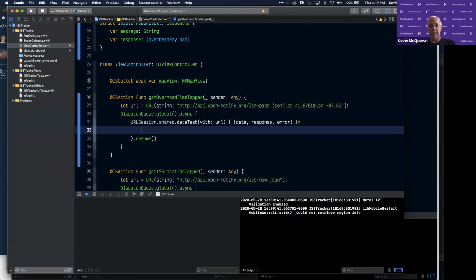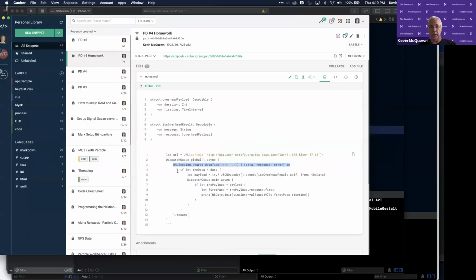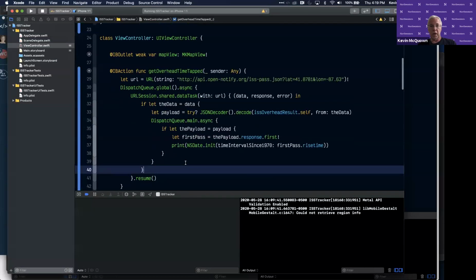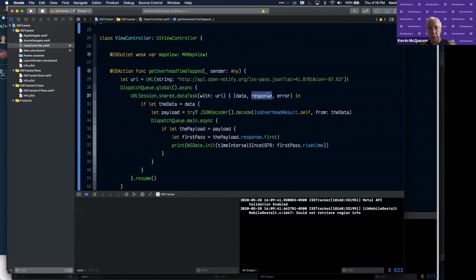So inside here now, let me just grab this. And we can just talk through this. For example, when the call returns, there will be data, there will be a response code, which is like a 200 or a 500 or a 404 or whatever. And if there is an error, we'll get some error data as well. In our case, though, we're just looking for